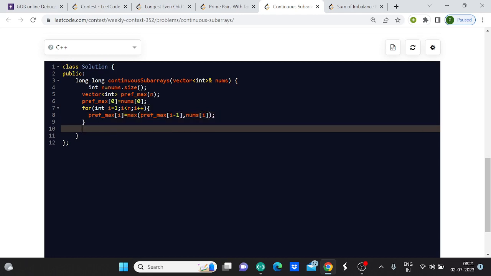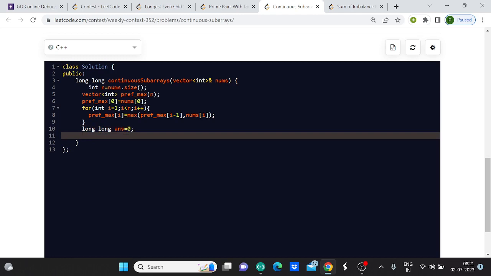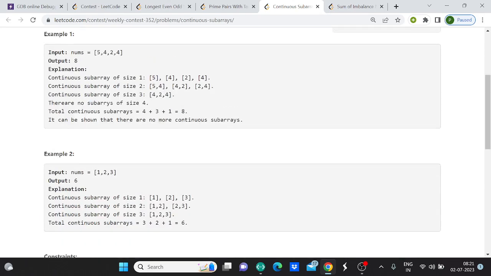Then we want to calculate the number of subarrays. I have an answer variable of long type in which I am going to store the number of subarrays which are continuous. And a continuous subarray means any pair of elements in that subarray have absolute difference